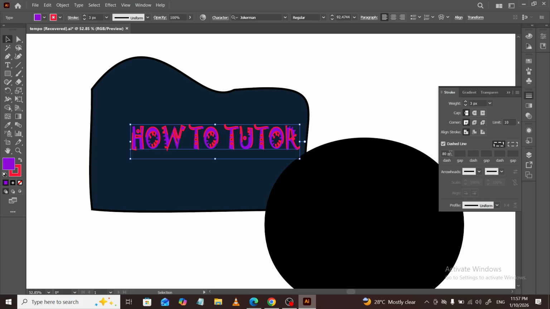Small changes go a long way. That's all there is to it. Select your object, open the stroke panel, enable dashed line,